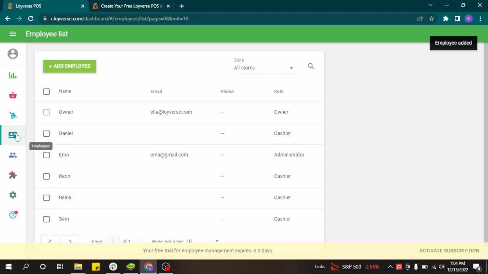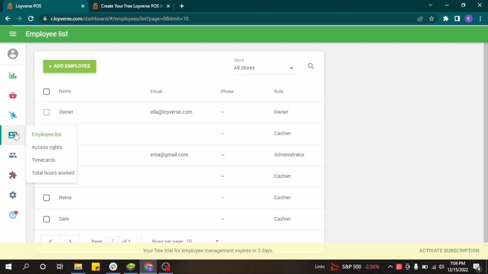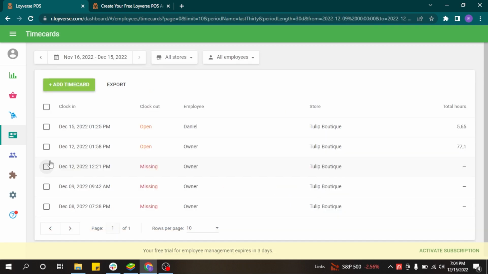After adding the employee, this employee can enter the Loyverse POS application and will be able to stamp his clock in and clock out time, and all these time cards stamped in the Loyverse POS application will appear in this time card section, and based on these time cards the system will calculate the total hours worked for each employee. For example, here one of the employees has already registered the clock in but did not clock out, so the system is calculating his total hours worked, and there will appear this